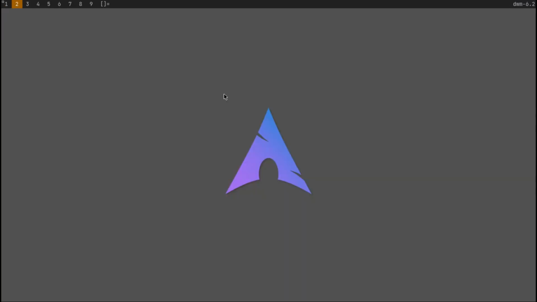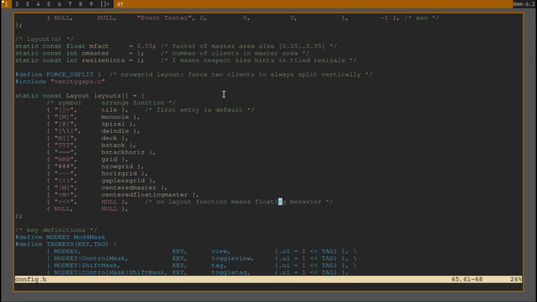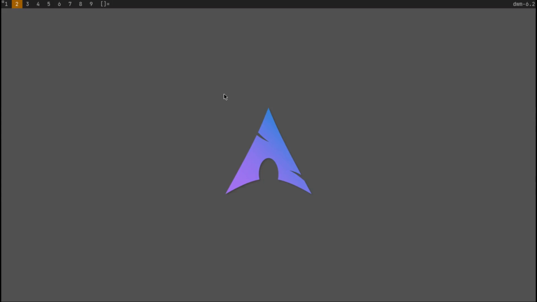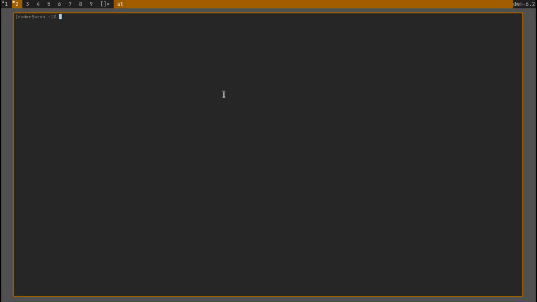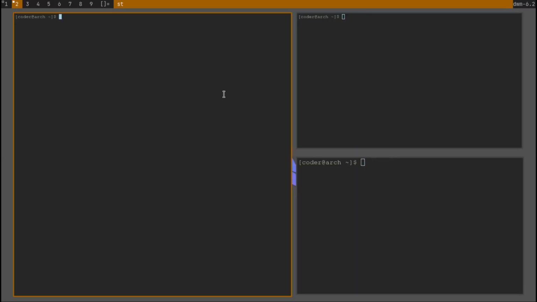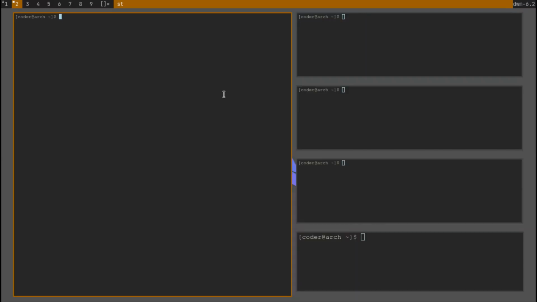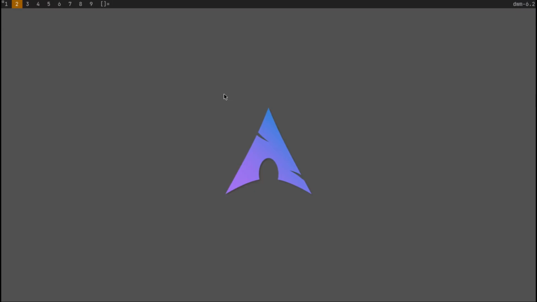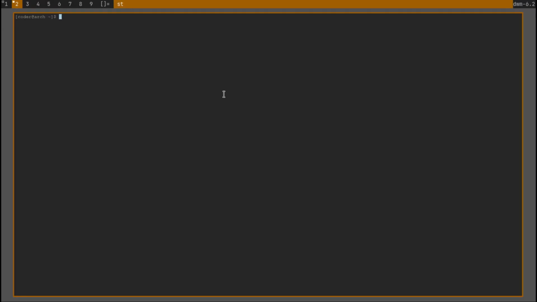Okay, before the config file, I'll just show you how to use this. Simple, basic. If you press mod plus enter, it will open a terminal. Mod plus enter is a terminal command.